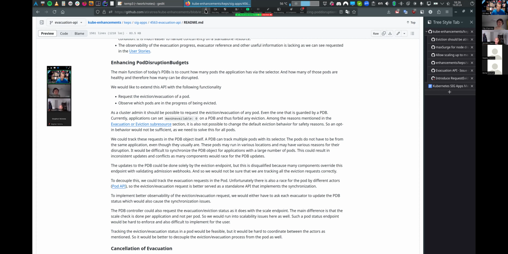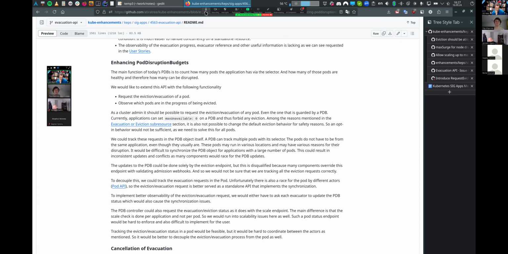I think the main problem, what my KEP is trying to address, is that we would like to have an option to have this whole process happen asynchronously. This is not possible with just changing the eviction endpoint. And the asynchronous approach gives us more advantages.